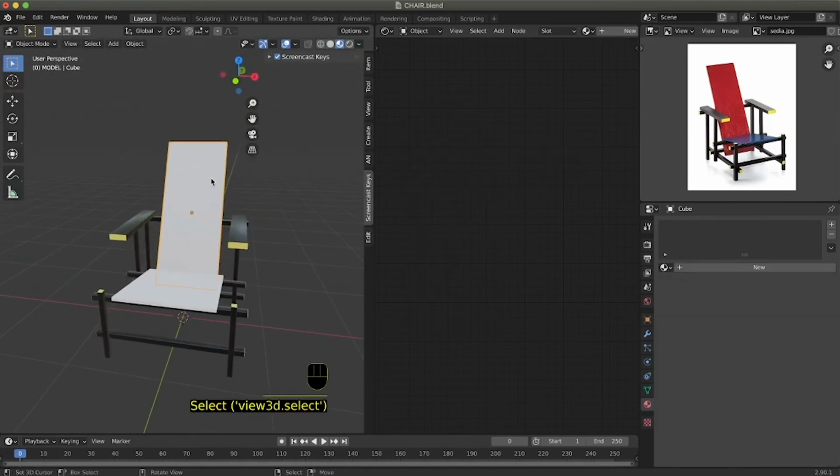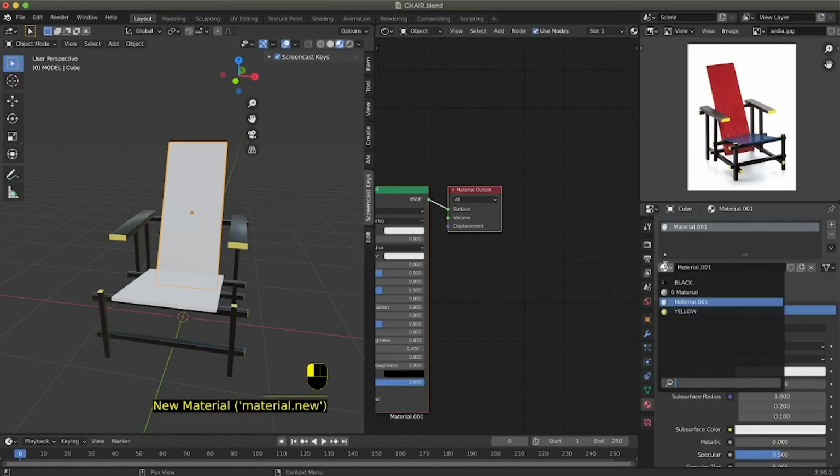Now we will work on the top and on the back and the part where you sit. I will make a lot of mistakes because English is not my first language and I have to concentrate on two things, but bear with me. So we add a new material and we assign one of the two, can be the black one.